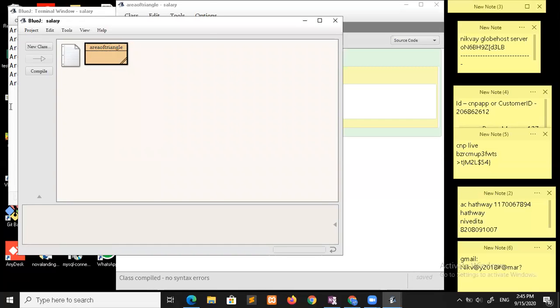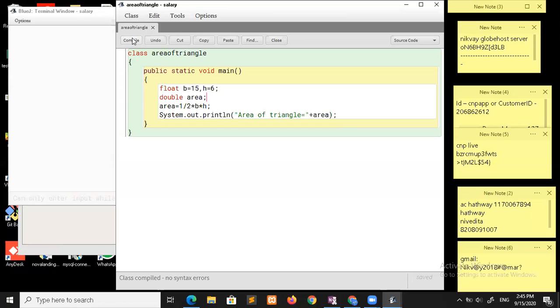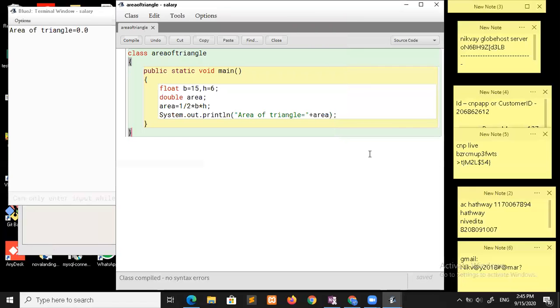But why is it not coming here? I'll check it once again. Compile it. Yeah, if I'm taking the float 15.8 now.